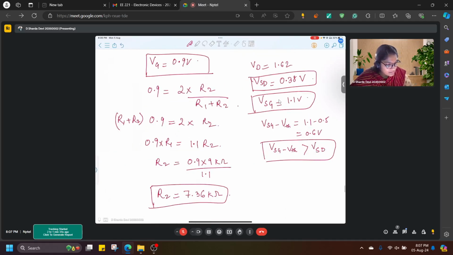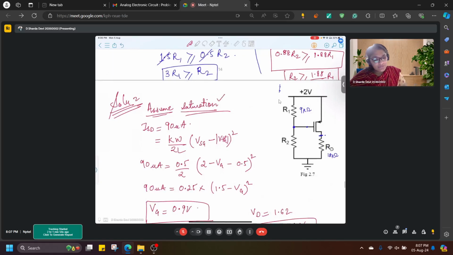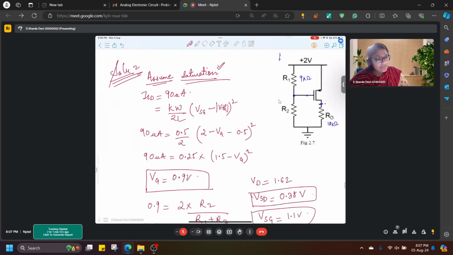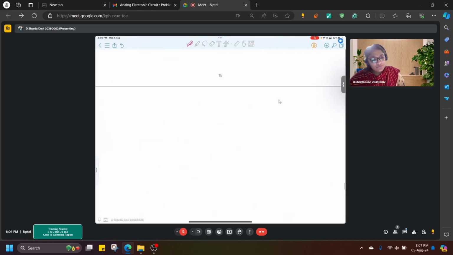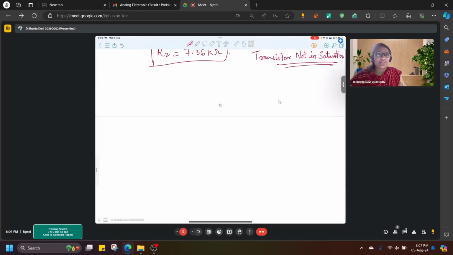So that means the assumption is wrong. So the transistor is not in saturation. Okay. So earlier we assumed that the transistor was in saturation in this particular solution, and it turns out that the transistor is not in saturation. So what we will assume now, if it does not come in saturation, is that the next step is to let it be in linear. So the second assumption is the transistor is in